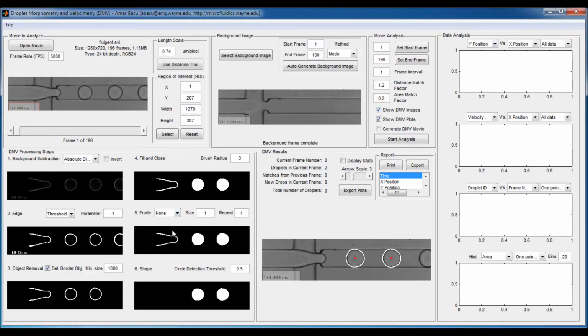The next step is a morphological erode. Now I just want to point out that this step is actually not discussed in the Lab on a Chip paper, and most of the time we don't use it. But I thought I'd mention it anyways in case it might be useful for a subset of videos. If you have drops that are packed closely together, sometimes you may end up forming a bridge between the two drops in this fill and close step. So what you can do is use this erode step to actually remove that bridge between the